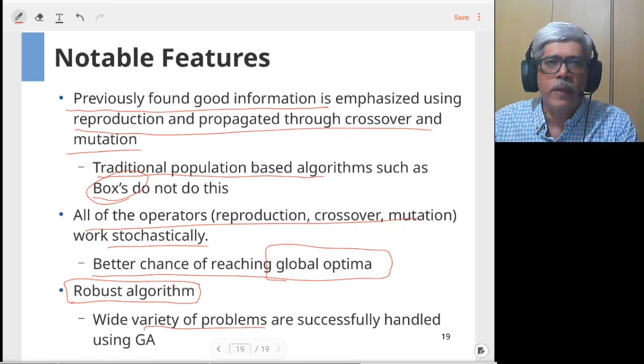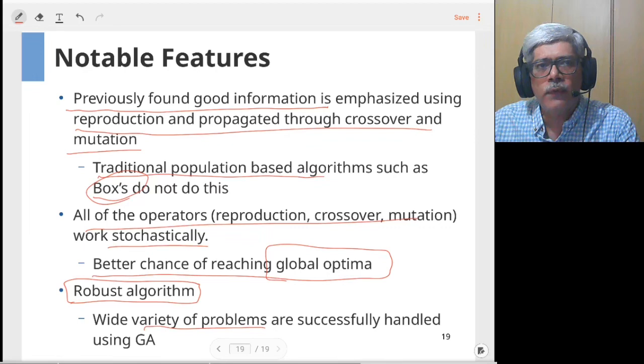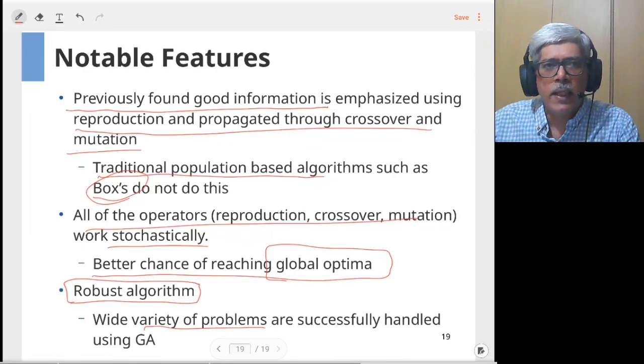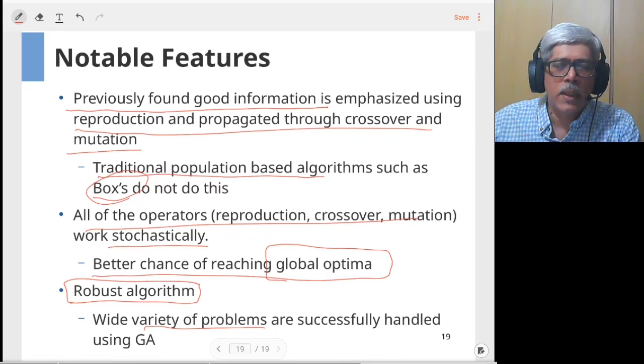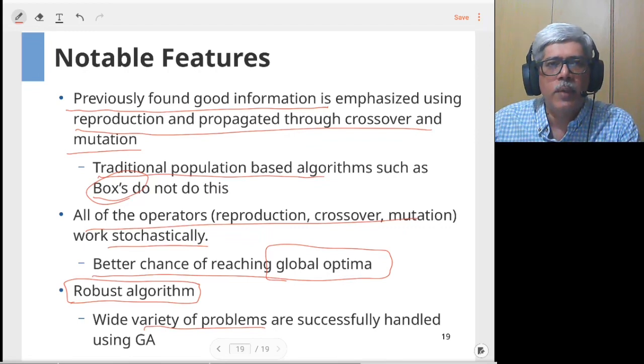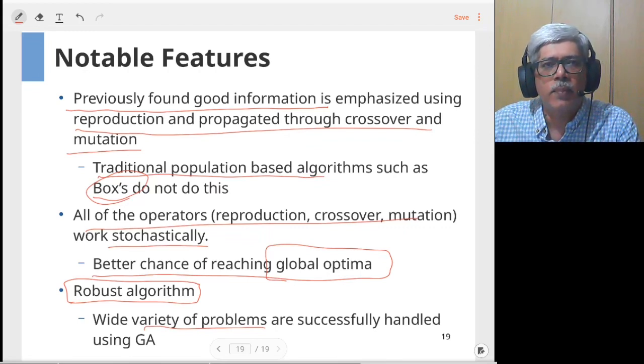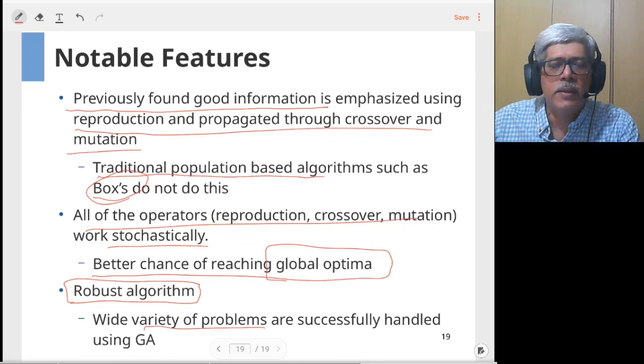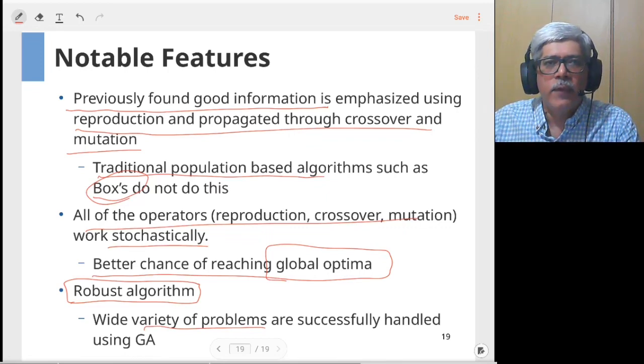For example, calculus based algorithms will not work where you cannot find the derivatives. In that sense, those algorithms are powerful in a certain class of problems, but in other classes of problems they cannot be used at all. So their robustness can be considered less, whereas genetic algorithms are more robust.